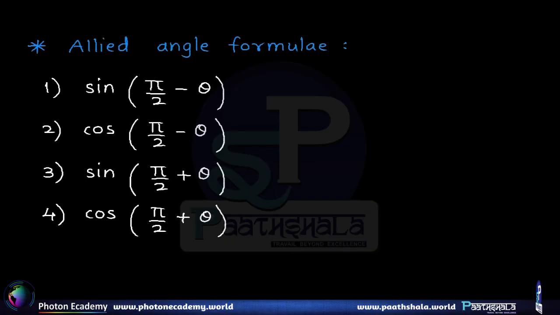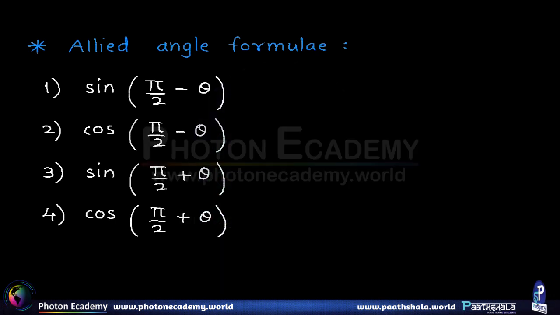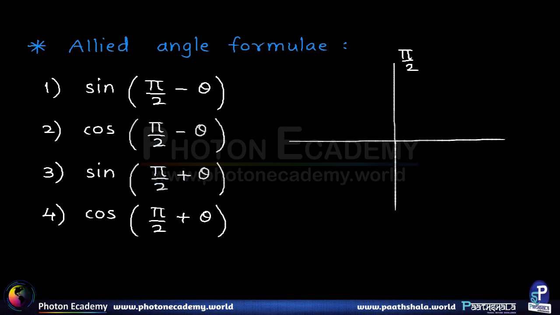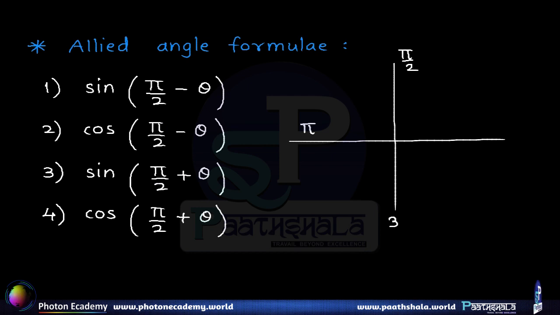Now we move on to the next set of formulae, which are called allied angle formulae, which are really not different ones from the compound angle results that we saw, but are mere special cases of those previous results. Now by allied angle what we mean is, if an angle is either added or subtracted from the standard angles like pi by 2 or pi or 3 pi by 2, then the resulting angle is called the